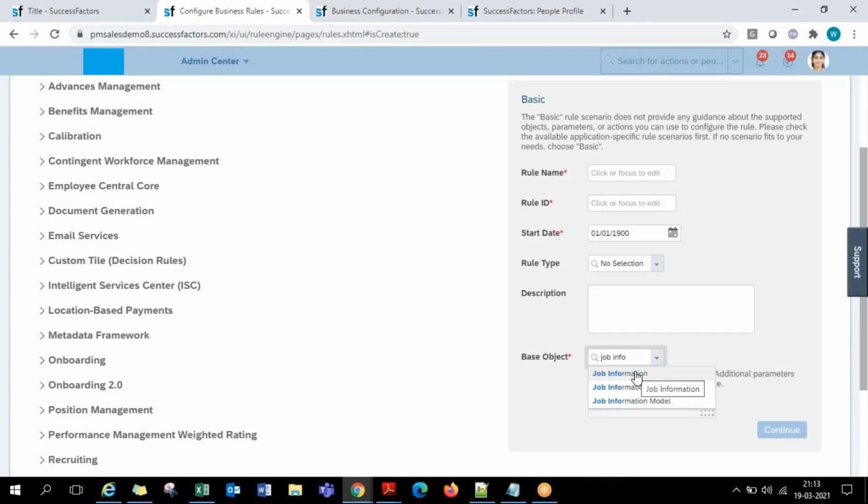Now among this, in the job information and model, what to be picked is, whenever there is a change in the location, somebody is changing the location, you need to know that. So as per our previous understanding, whenever there is a change, to identify that there is a change, by comparing with the previous record, we should be able to identify the change. But